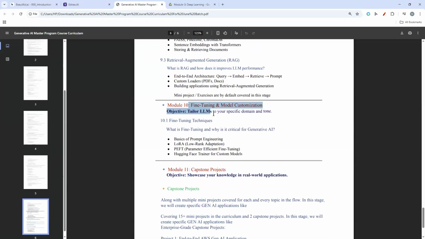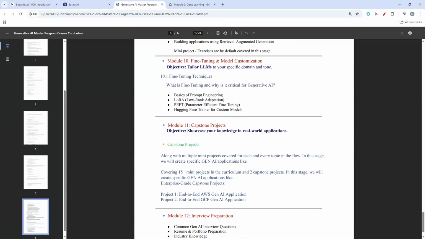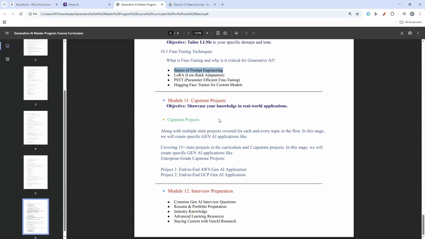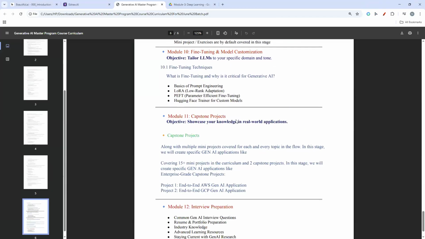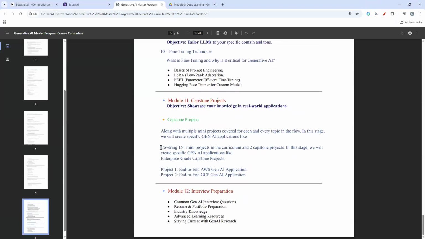Later comes fine-tuning and model customization, where we'll introduce you to the basics of prompt engineering, LoRA, PEFT, and the Hugging Face trainer for custom models. By this time we would have covered at least 15 mini projects, right? And this will be the time to cover two major capstone projects. We have chosen AWS and GCP.